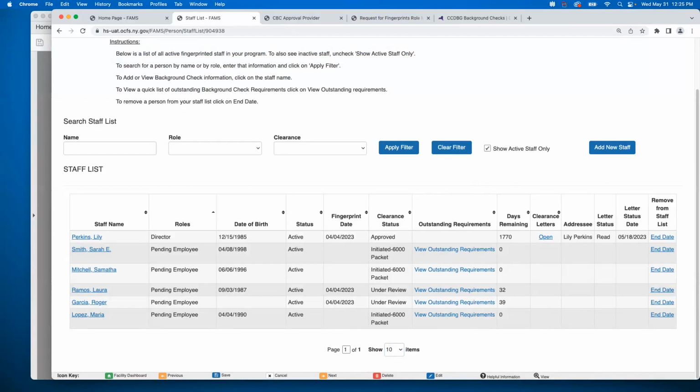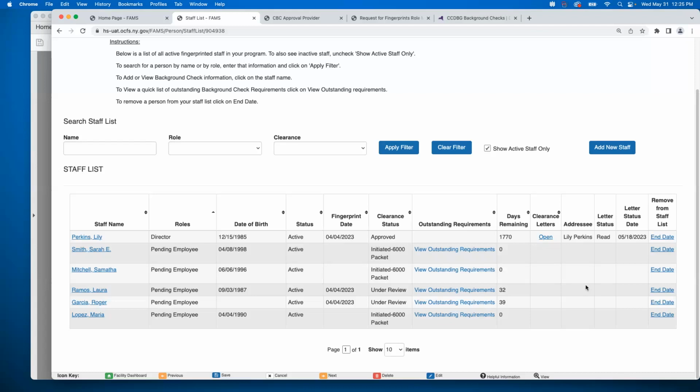Sabrina, last step, you want me to go through that again real quick? I'd be happy to. So how to request to repeat that last step. So to end date an employee, so to change them from active to inactive, you are not expunging them. Your regulator still does that.